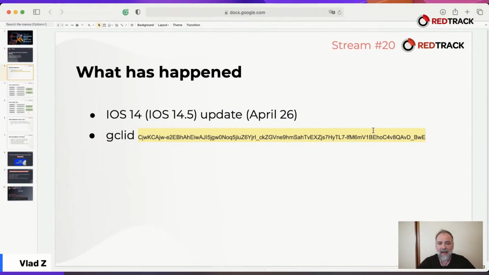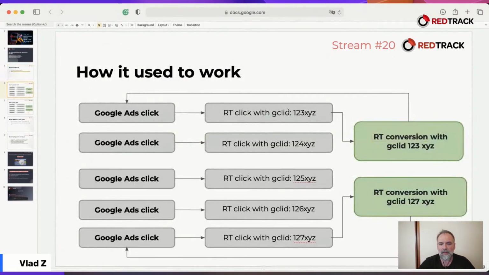So, this was the Google Click ID, a unique parameter that allows affiliates to identify a specific click coming from Google. When a conversion happens, you match that conversion to this click and send data back to Google. That's how it was working. You get all your clicks, some of them with Google Click IDs, some of them turn into conversions. We know that the conversion is coming from this particular Google Click ID, and we can send all the data back to Google based on these IDs, and Google receives the IDs and does the attribution.